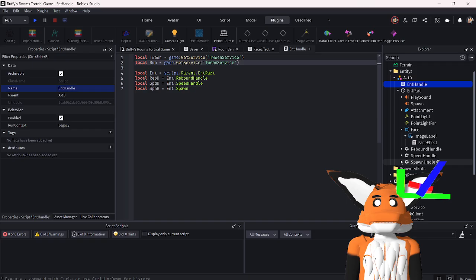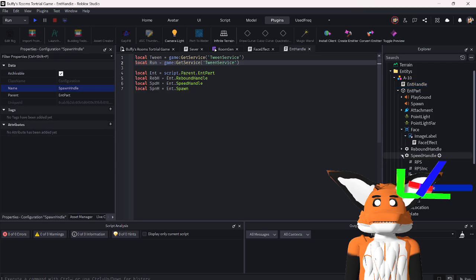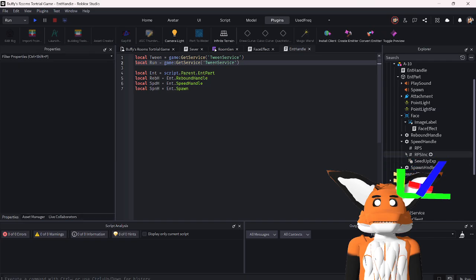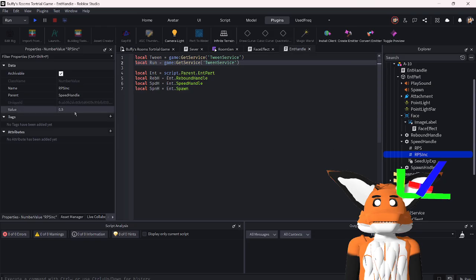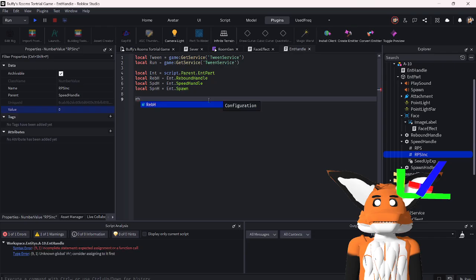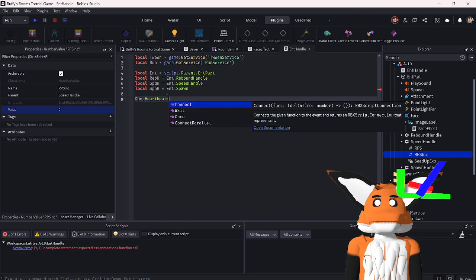And I'm going to actually delete the speed up, because it is not necessary, because I can just set this value to 0 and nothing will change. I can do run.part, just, run is supposed to be RunService, so run.Heartbeat:Connect